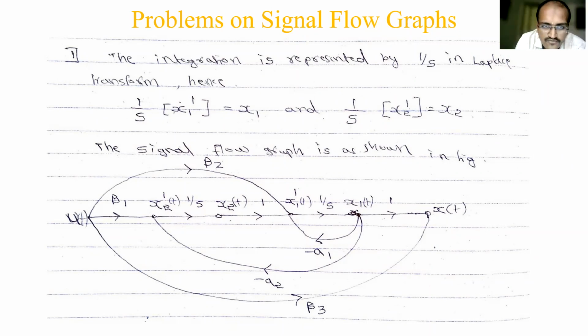Actually, I told you, this one problem was recently given, and I tried to solve it. It is always not like that. We have to do trial and error. I didn't do it directly. I took X of t, then I tried X2 of t, maybe as the final output, then I took X1 of t. Like that I made trial and error, but I could not satisfy anything. So finally, I fit this answer.